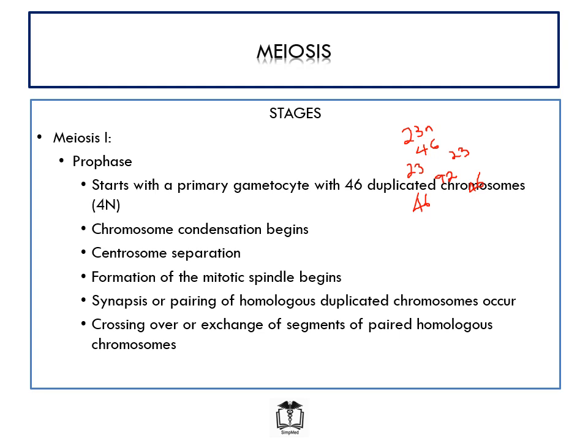Once this pairing, or synapsis, occurs, the second important thing that happens is crossing over and exchange of genetic material between the paired homologous chromosomes. So let's say this is chromosome 1 from the mother side, and the gene in this particular chromosome is the gene for height. In this chromosome, the gene would have a phenotype of short height, and that chromosome has been paired up with the homologous chromosome from the father side. So let's say chromosome 1 from the father side also has its own set of genes. Let's say that one has a tall gene